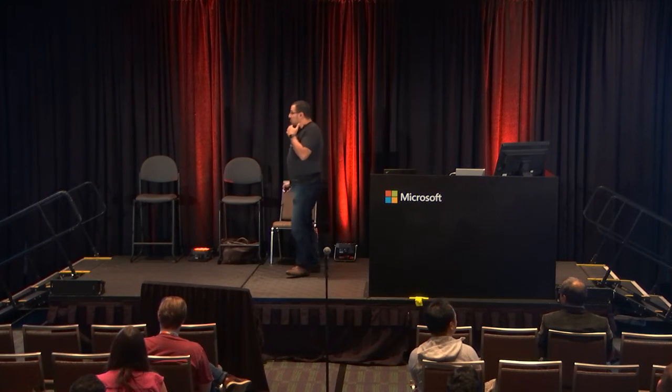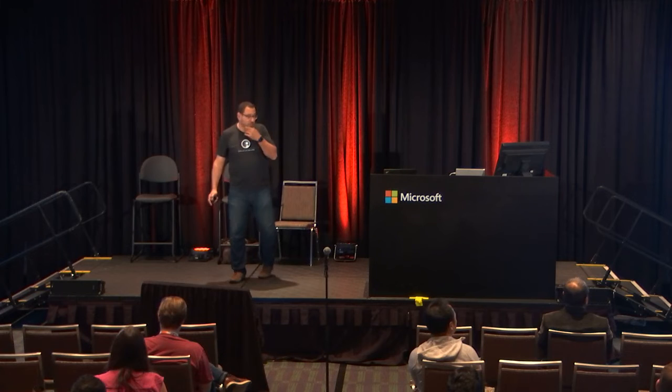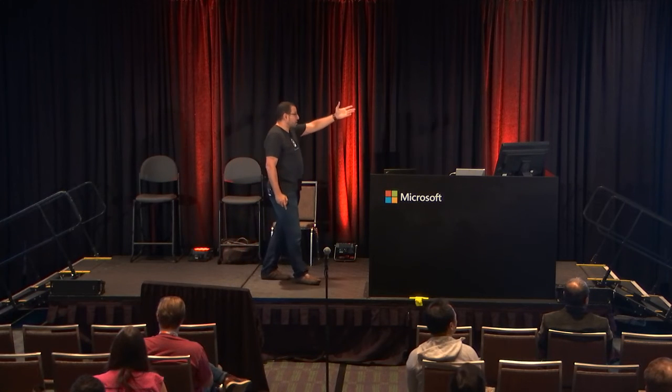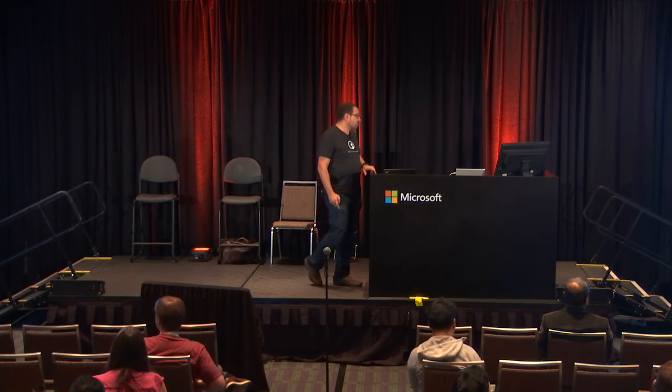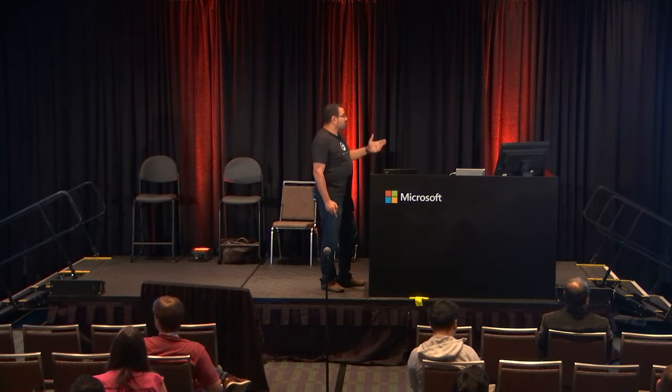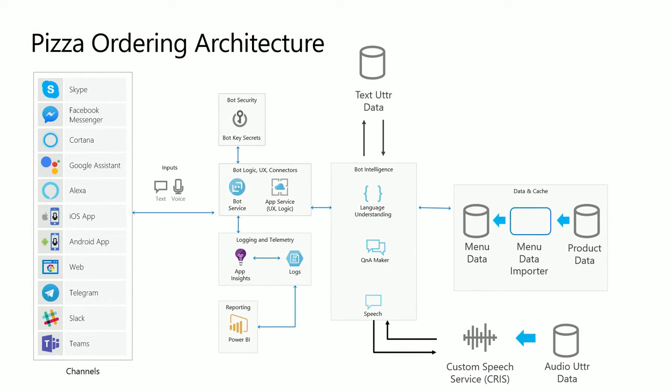You can do the cold start model using the language model, but you can always take more control of that moving forward. To put that all together into an architecture, this would be an example. You would connect to multiple channels. If you're coming in from speech and text, that will be the type of input that you have. You'll put it through the bot service, App Insights, reporting, Power BI with appropriate security. And you'd plug in your language model.